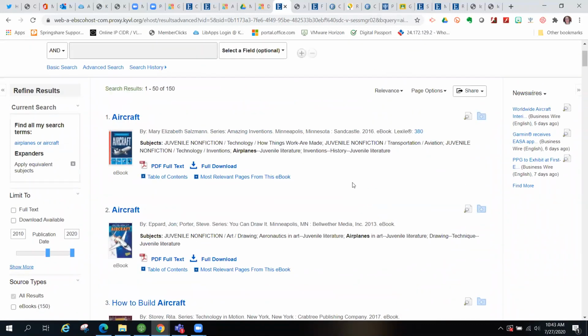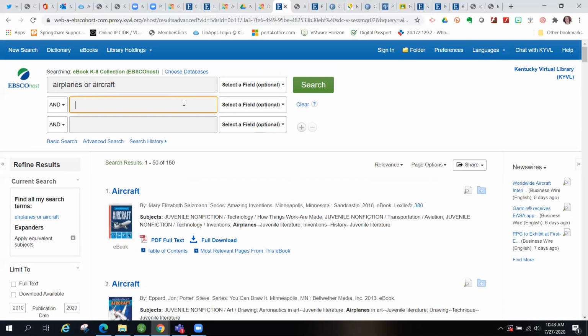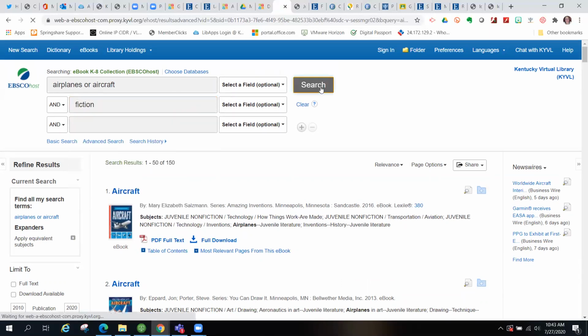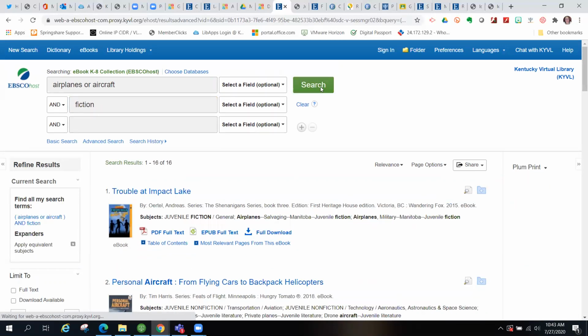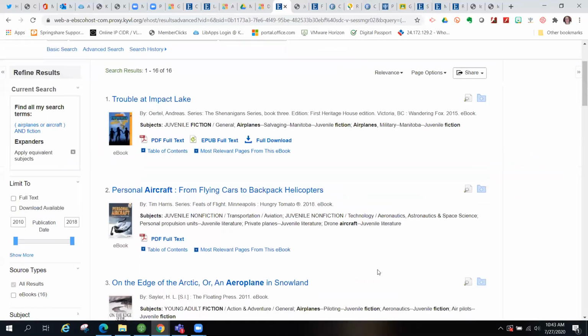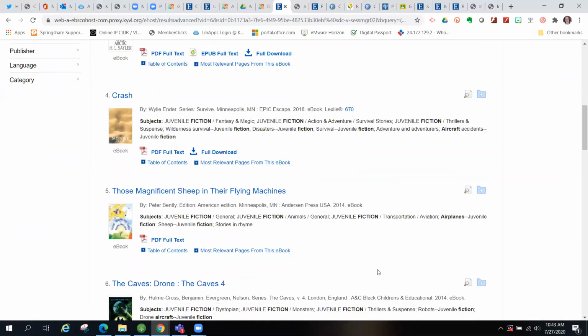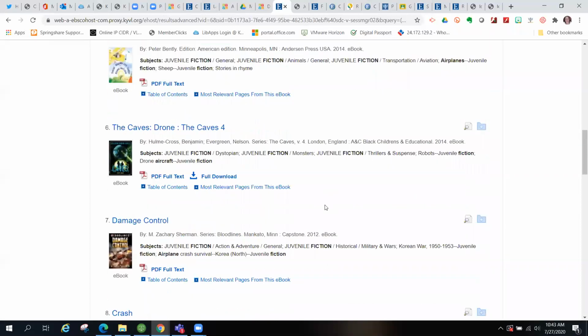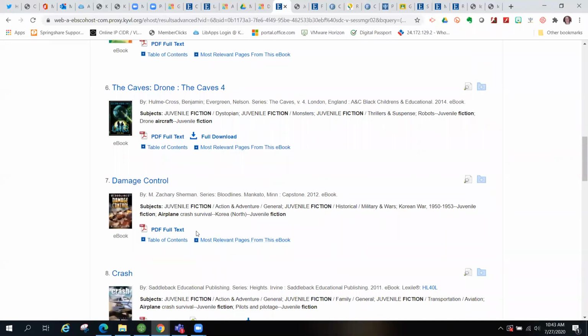And then if I wanted to, I could also do this advanced search and search airplanes and aircraft that are fiction. So these are ebooks, and we've got juvenile fiction, damage control,